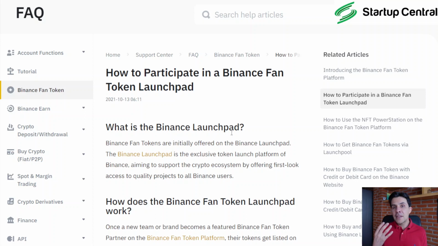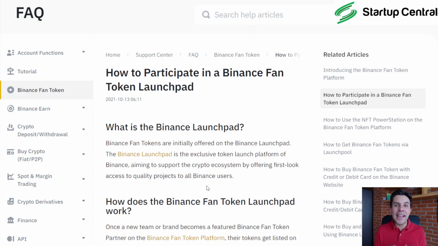First, Binance does their due diligence really well. They will not take in just any project. They want to see projects that will contribute to the general crypto industry and have the possibility of making money for them and for you. So that's one of the reasons why I like Binance. On the other hand,